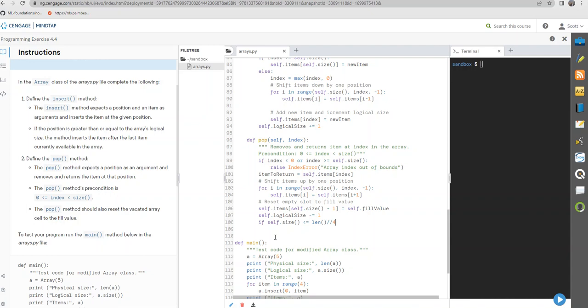And essentially what that means is if 3/4 or more of the physical space is empty,